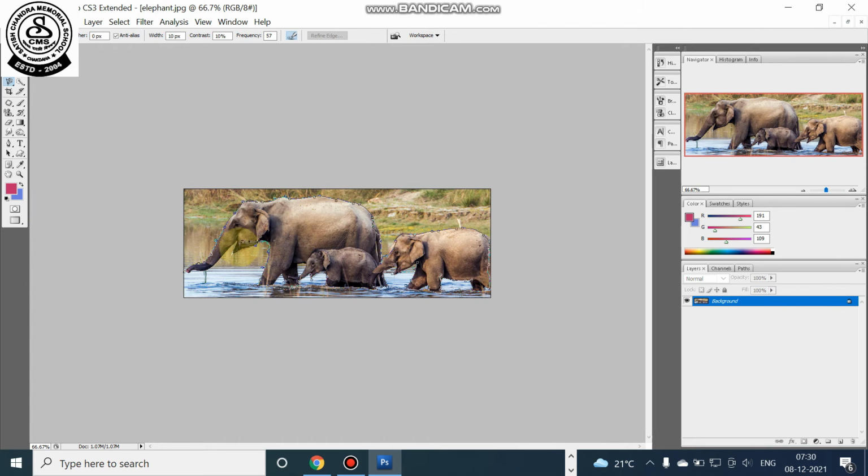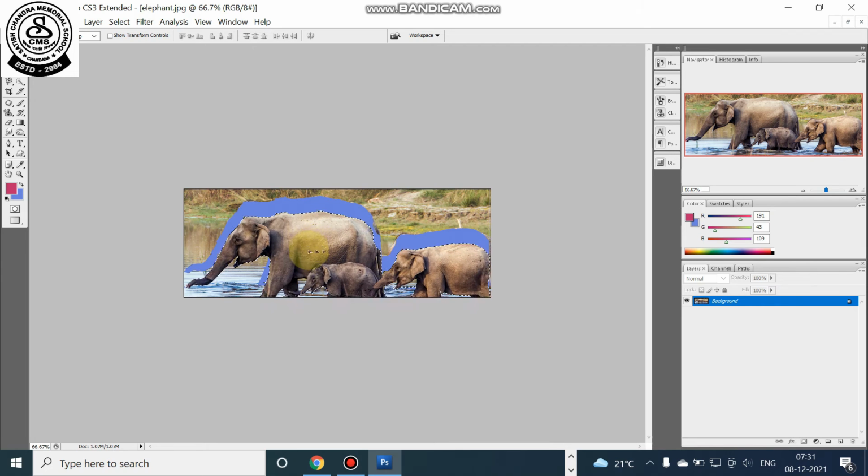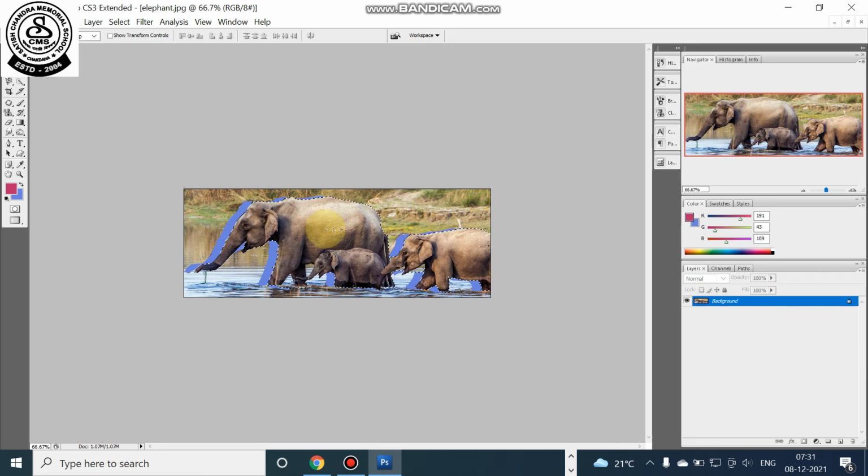So this is the way you can do it. When you are moving your mouse pointer, you press the left button after a certain time, and you can see that the elephant part of the entire image is selected, and the selected part of the image is highlighted. So this part will be cut. So how? Now you press this move tool. This is the move tool, and you press the move tool here and just move it. So you can see the cut part of the image is moving accordingly.